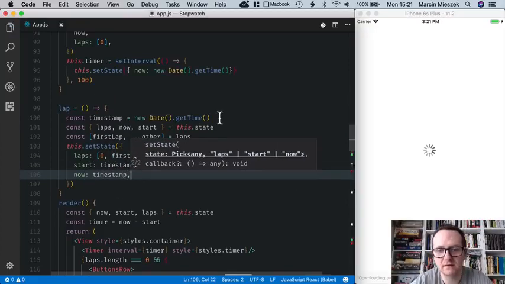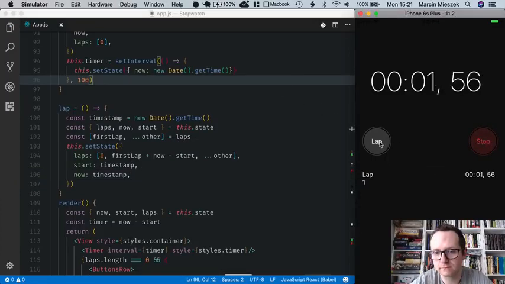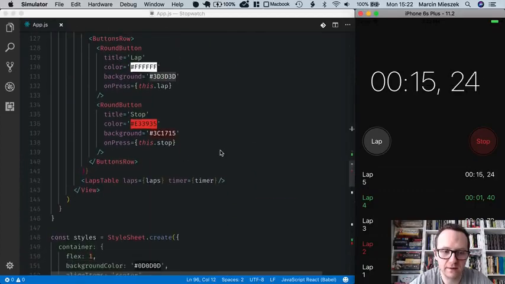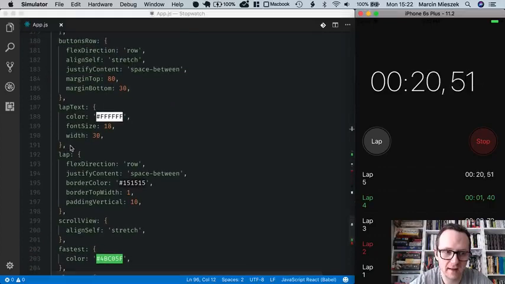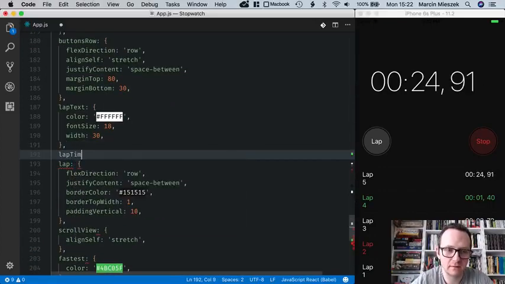Okay, let's save it, and now start and lap. You can also see that now the lap with the number does not fit a single line. This is because we use the same styling as for the timer, so let's modify it a bit and introduce another style which will be called lap timer,